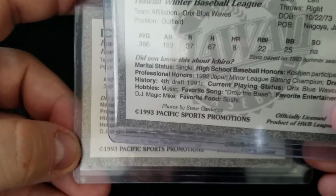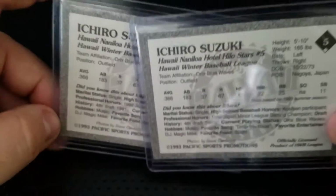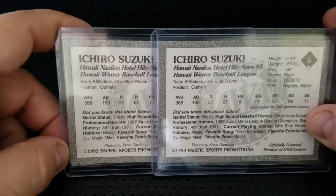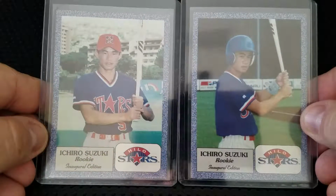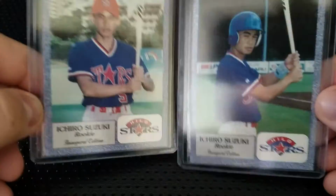The reproductions will have '93, and then I think below it they have reproduction 2001 on them. So if you're looking for these, make sure these are truly the '93, and don't overpay for the repops there. Very cool cards, very hard to come by. Some people may have seen these, but not know exactly what they are or the history behind them. But they made those two,